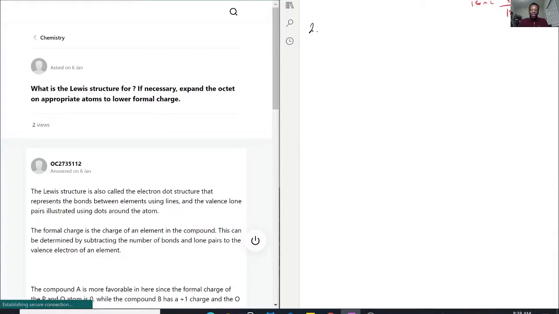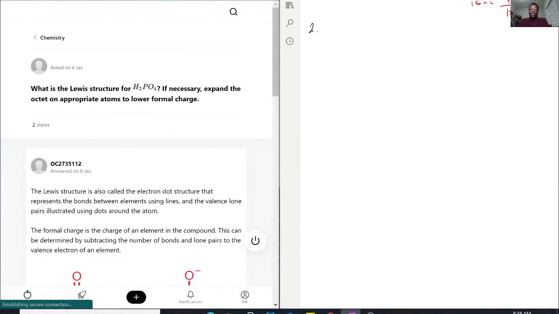We have here, what is the Lewis structure for H2PO4? And if necessary, expand the octet on the appropriate atoms to lower formal charge. So with this, the way I like to solve these questions is I actually like to solve what the... and it's interesting here because they use H2PO4 because typically